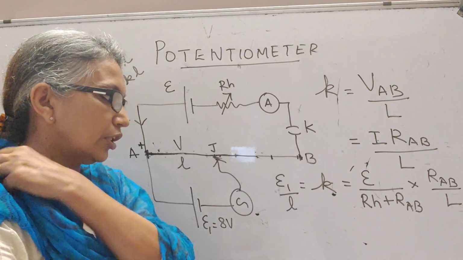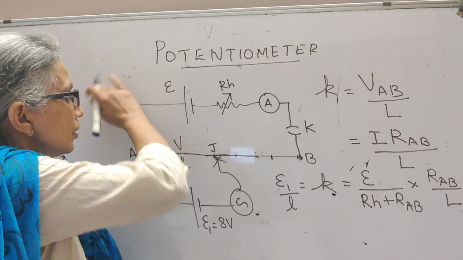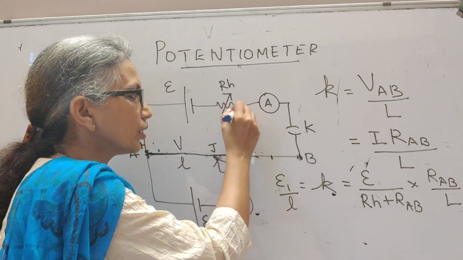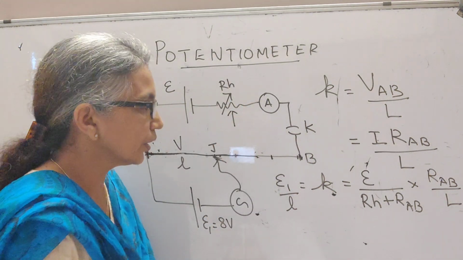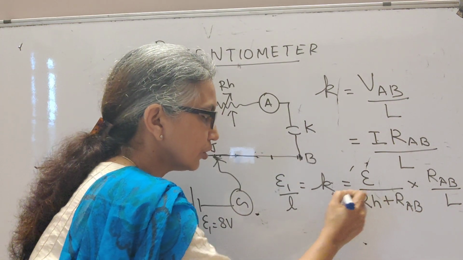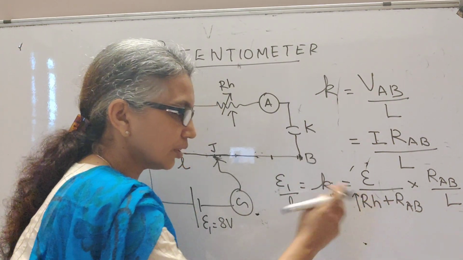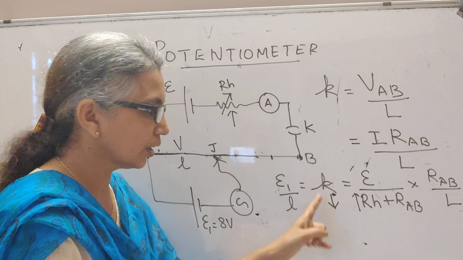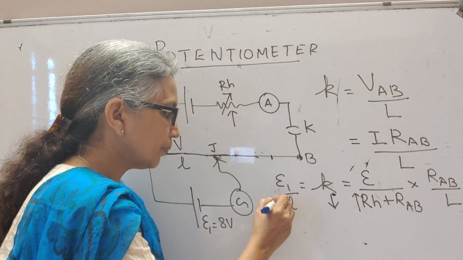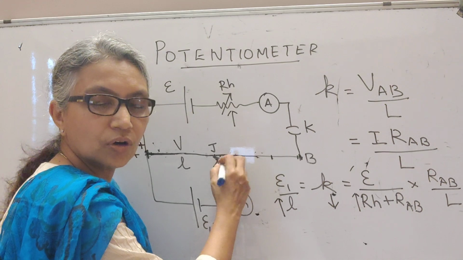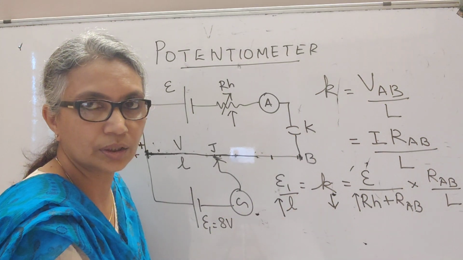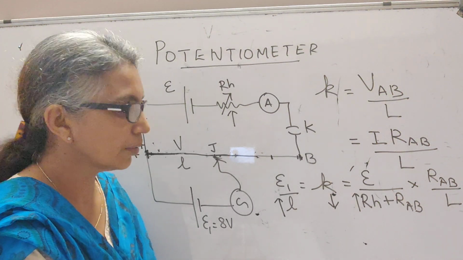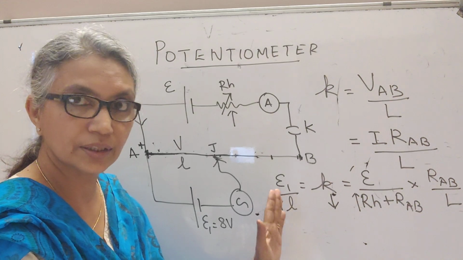Now suppose they tell you in an application question that a student increased the rheostat value. What happens to balance length? The moment you increase this, you know this is going to decrease because of inverse proportion. So if you increase the rheostat value, this K will decrease. If K decreases, then that means the balance length here must increase or it will shift to right. Okay, we will be doing such sums in the worksheet, but this is there in your notes printed in the last page.